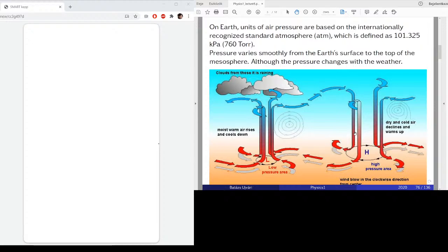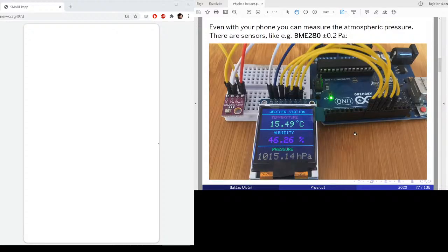And these low pressure and high pressure areas, if we measure them, can help us to forecast the weather, or at least describe the condition of the weather. If you see a weather forecast, you can see these low and high pressure areas. These are cyclones and anticyclones. Alright,